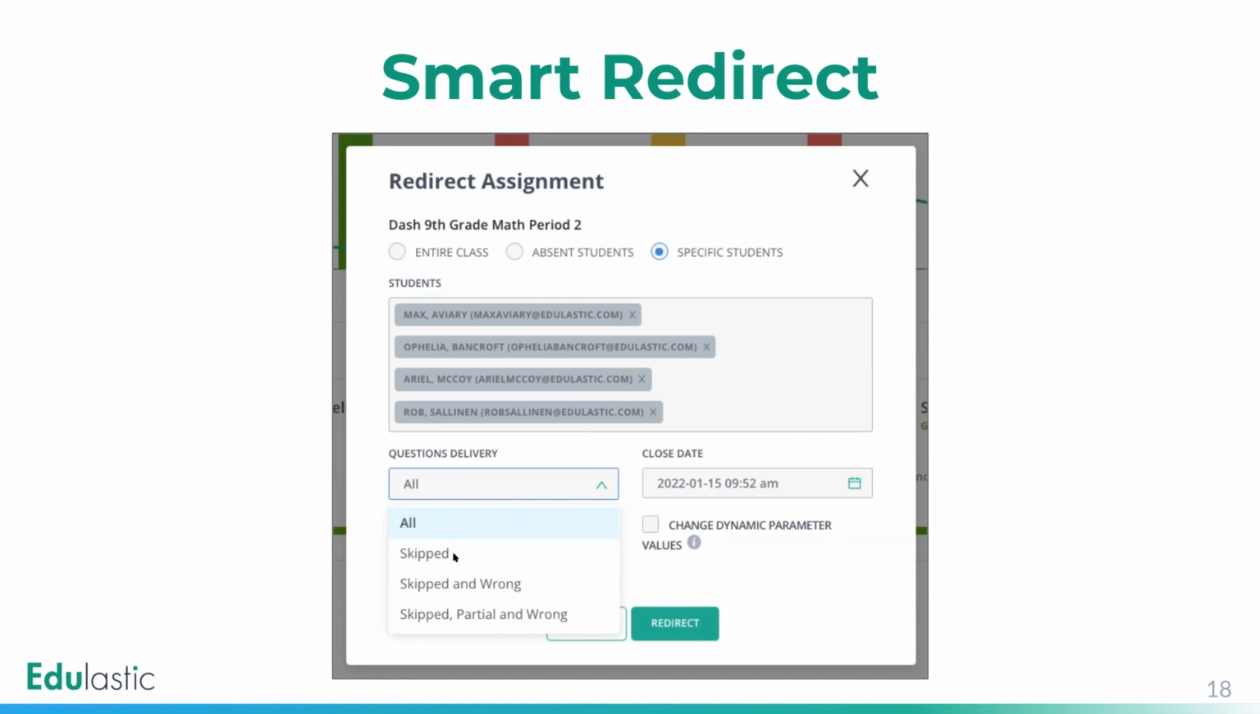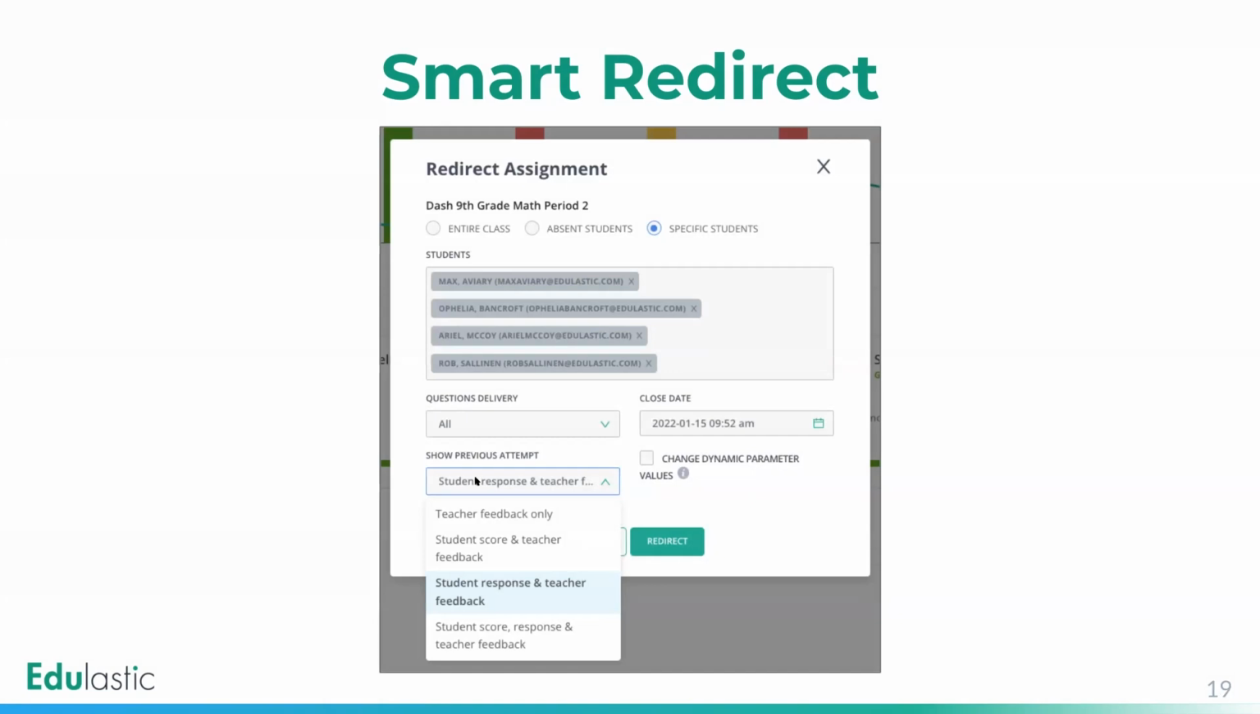Maybe just the questions they skipped, or the ones they skipped and got wrong, or skipped partially correct and wrong. So you can determine which questions go to the student. You can also determine the previous attempt, what you want to show. Do you just want to show students what your feedback is? That might be nice, or maybe the student score and the feedback, or maybe the student response and teacher feedback, etc. So this really gives you a lot more control over how you want to redirect work in Edulastic back